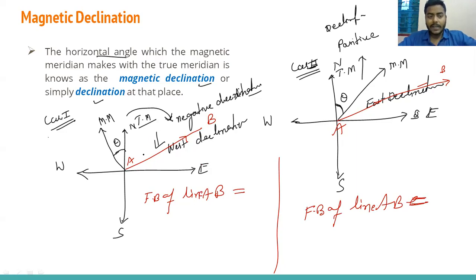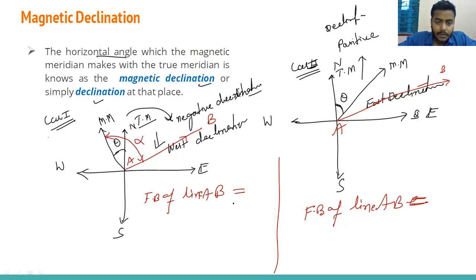See, already I told you, whenever we are doing surveying on the field, we always take the angle from the magnetic meridian, not the true meridian, because we cannot find out the true meridian easily. Whatever meridian is shown by the prismatic compass is the magnetic meridian, and we take the angle from it. For the understanding point of view, I made this figure. So whatever angle we are taking, this angle would be this angle.